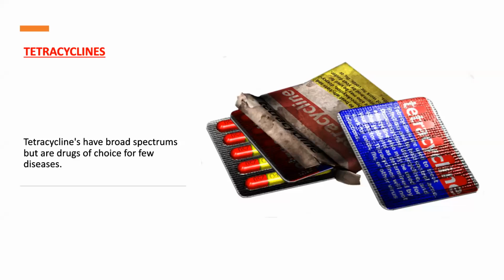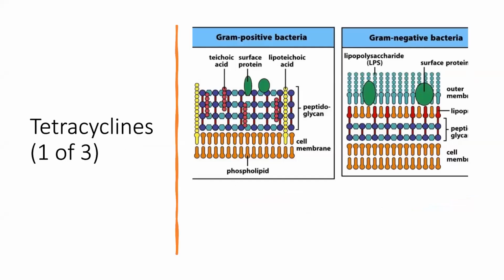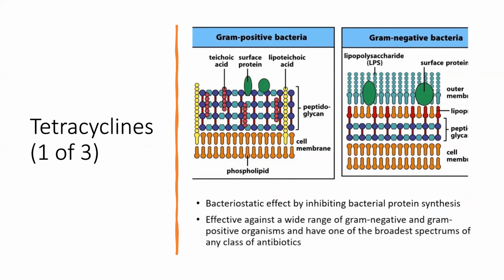Then we have the class tetracyclines. Tetracyclines also have a broad spectrum, but are the drug of choice for a few diseases as well. In this one, we separate the gram-positive bacteria and gram-negative bacteria. The tetracyclines are most often used as bacteriostatic, so they slow down the growth of the bacteria. They stop the growth of the bacteria by inhibiting bacterial protein synthesis. They are effective against a wide range of both gram-negative and gram-positive bacteria, and have one of the broadest spectrums of